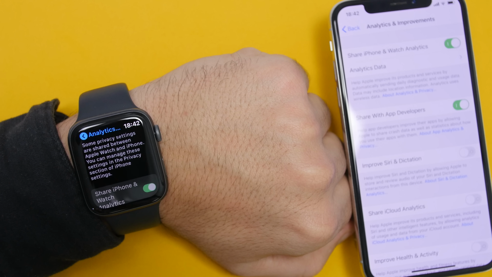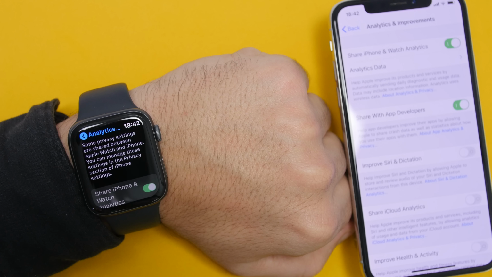Now if you go here, you will find a few different ways that you can wake up the screen of your Apple Watch. Now the first one of them is wake screen on wrist rise. Now that's of course very useful. You don't have to touch your Apple Watch, just raise your wrist and it will be turned on. But most of the times when you're just moving around, moving your hand around, it will turn on the screen when you don't really need to look at your Apple Watch. So what I suggest you do is go ahead and turn this off,